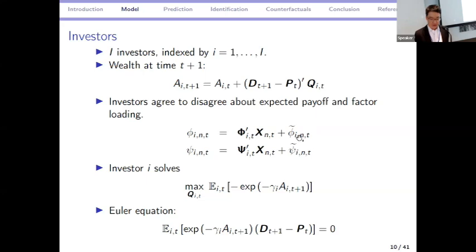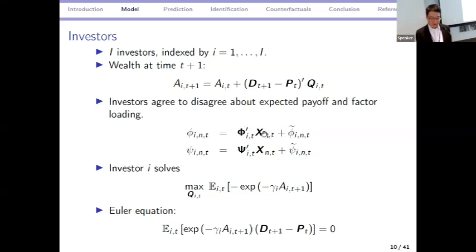Okay, so the key here is that both big phi and little phi are indexed by I. So you can have different models where you're translating characteristics like profitability into different estimates of expected payoffs and factor loadings. And the reason we do this is, without this feature, this is standard CAPM. So two fund separation applies. Everyone's going to hold identical portfolios of risky assets, and that's not very amenable to explaining actual portfolio data. So the only reason we do this is, how do we get heterogeneity in portfolios? This is a simple mechanism to do so.